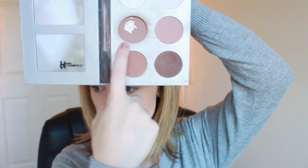Alright, so next I'm going to go in with the IT Cosmetics Your Sculpted Face palette, and oh goodness, I'm going to use this one right here for sculpting out the cheekbones and stuff. So let's see, and this is the brush I've been using. It is by Sonia Kashuk. I'm not sure what the brush is, but it's just kind of like a domed shape. And with this, you just want to make sure you're carving out the cheekbones and not going below them,